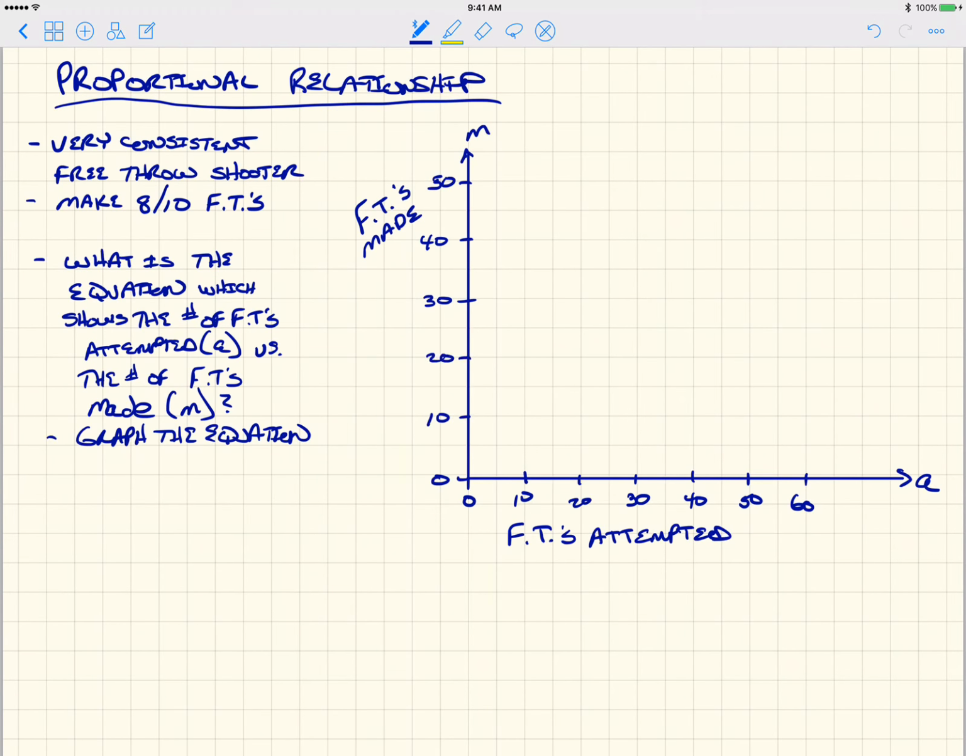And then second, we're going to graph that equation. What would that picture look like of that line? Okay, and then we'll determine, is this a proportional relationship? All right, so